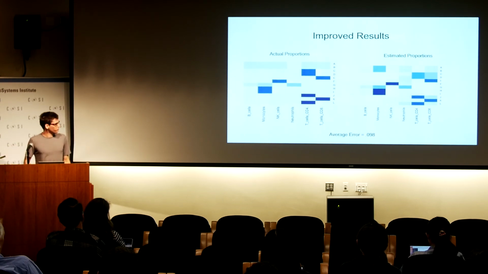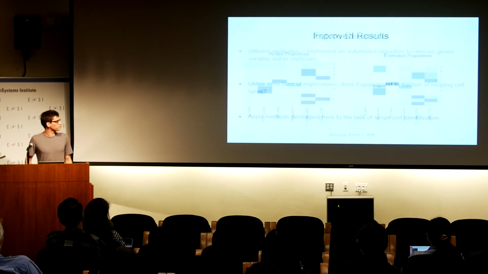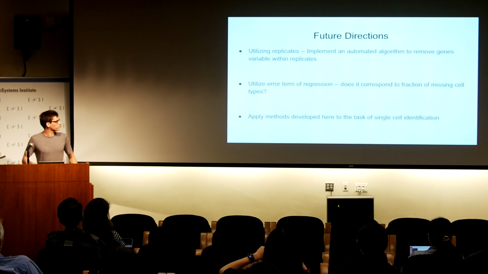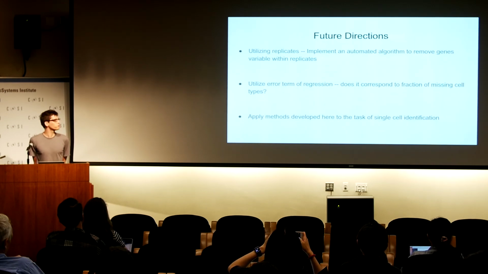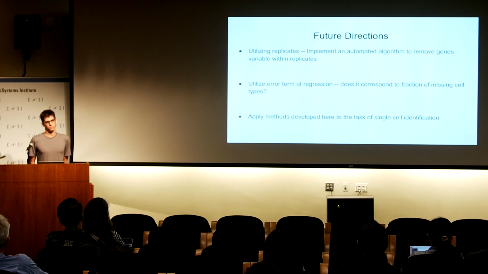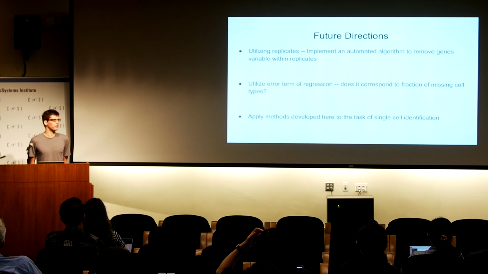And so that's pretty much the state of our program. Future directions: there is some information that we could be utilizing to improve our predictions. We're not currently really utilizing replicates among the same cell type, and so I think when we compile our references, filtering out genes where their expression varies in the same cell type would probably improve our results. Another thing we can do is